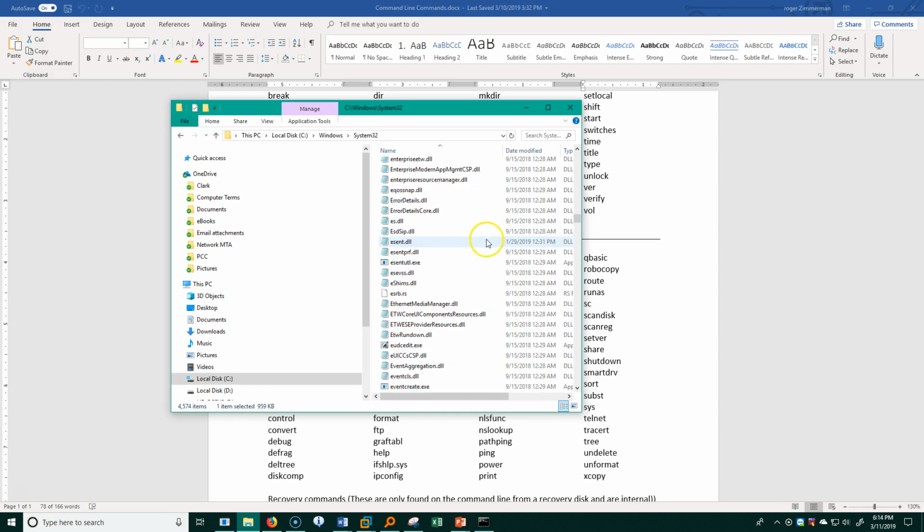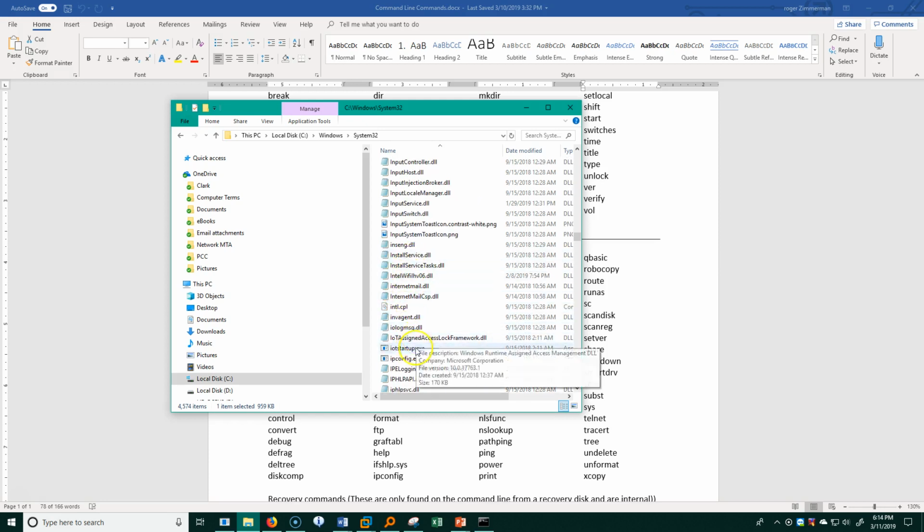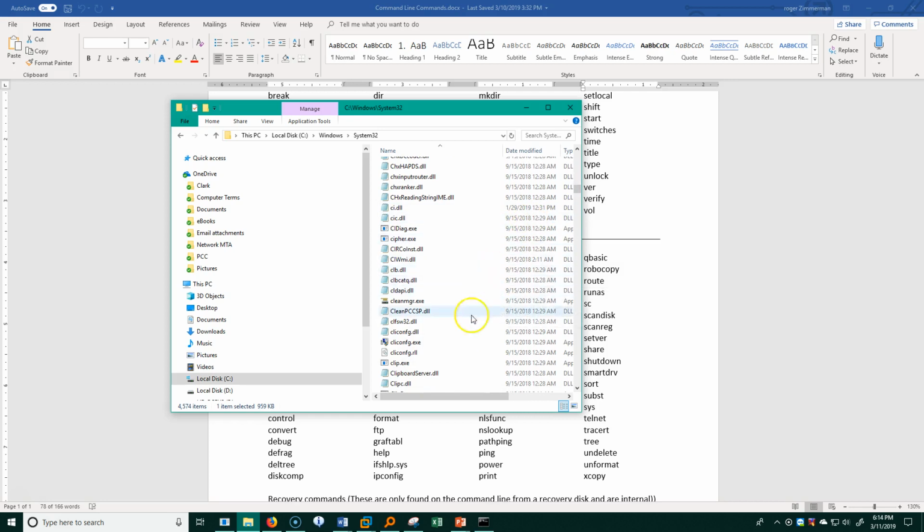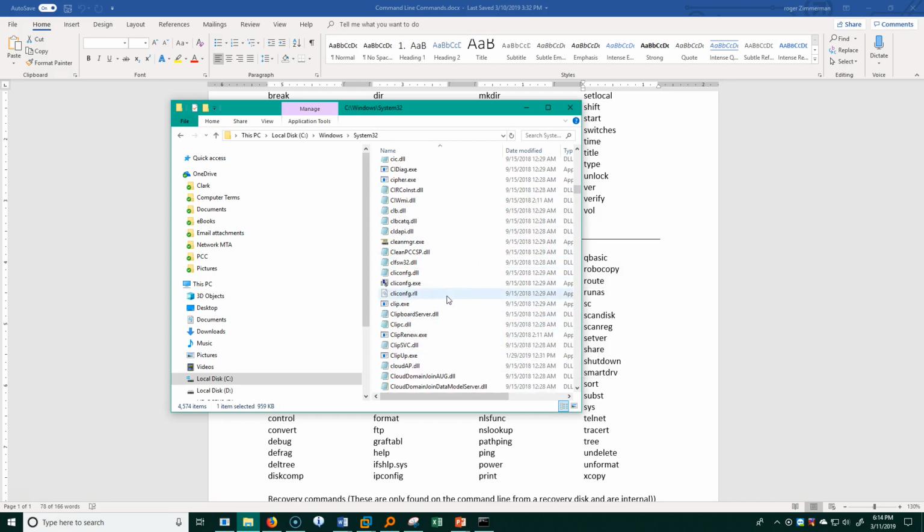So let's go down here and see if we can find the one we were just using. E, F, G, H, I. Somewhere down here. There we go. We're getting close now. We should have ipconfig. Oh, I'm still not down far enough, am I? L, M, N, O, P. Here it is. ipconfig.exe. So you notice just because it has an executable here does not mean that it opens up in a window. Now some of these will. I certainly have some things in here that are executable, but many of them are not.